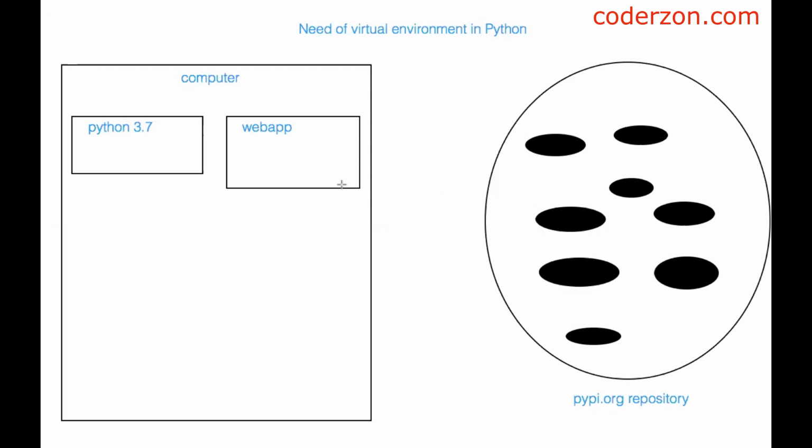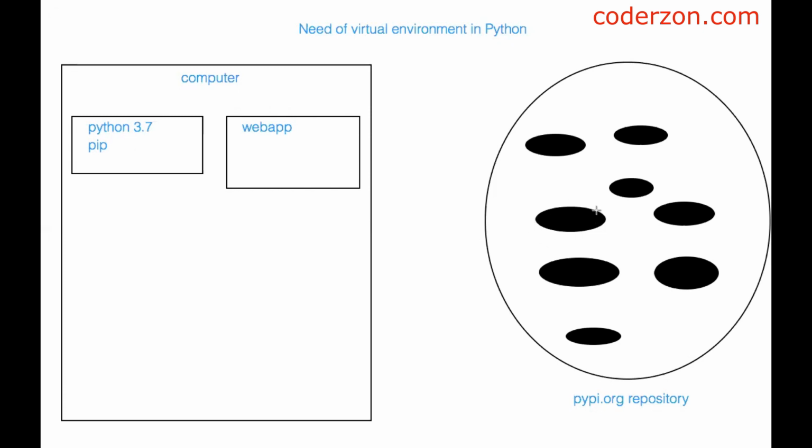Imagine if you are developing a web application, you may be using Django or Flask, or if you are doing data analytics work, you may be using NumPy, Pandas, Matplotlib, and many other things, right? Those libraries are available in this repository hosted on the internet. So how do you get a library from this repository to our computer? Python provides a tool called pip that is available as part of your Python installation. Using this utility, you can download packages to the Python installation directory.